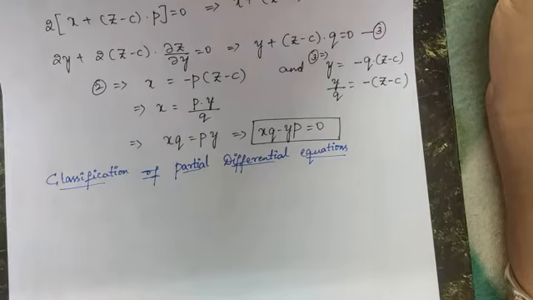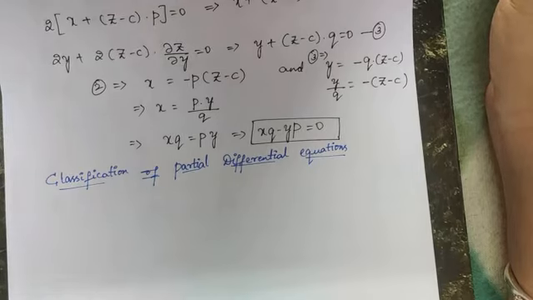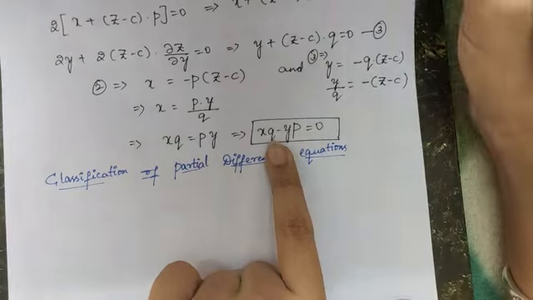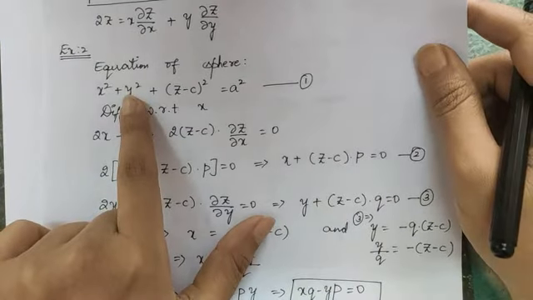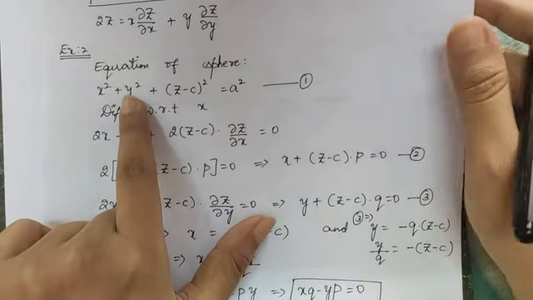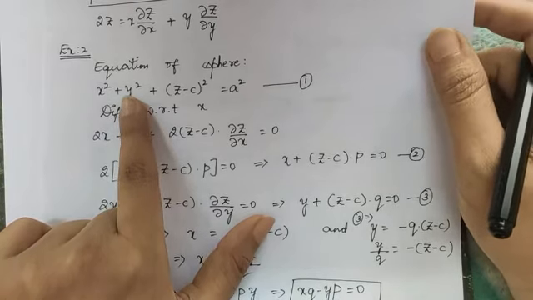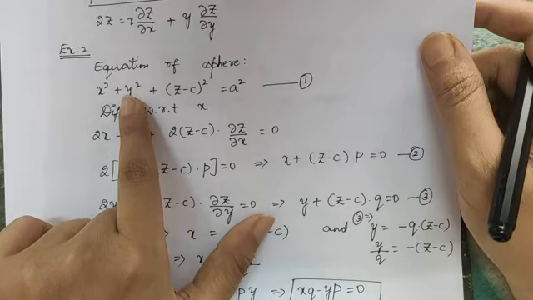So the origin of PDEs basically consists of two parts. One is eliminating the arbitrary function and another is eliminating the arbitrary constant. In the example we showed that by eliminating the arbitrary constants we can get the partial differential equations from the equation, right? Similarly we can do it for functions also, that is nothing but eliminating the arbitrary functions.